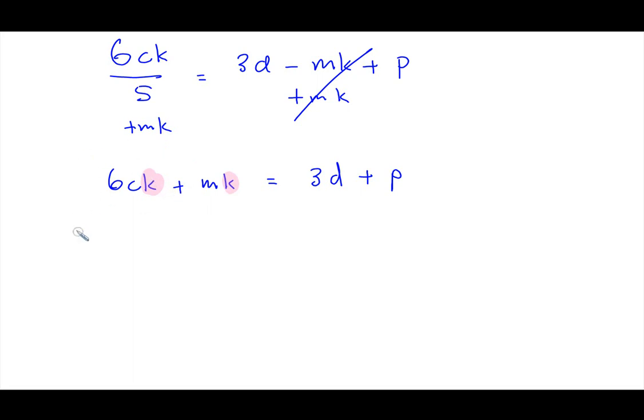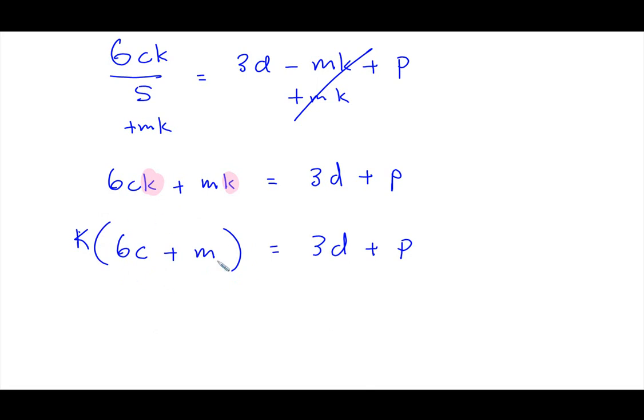So if I take out a k from here and here, I'm going to have k parentheses 6 times c plus m, so it's kind of like the reverse of distributing, okay? Is equal to 3d plus p. Now, if I was trying to get k by itself, so I have k times this whole thing inside this parentheses,